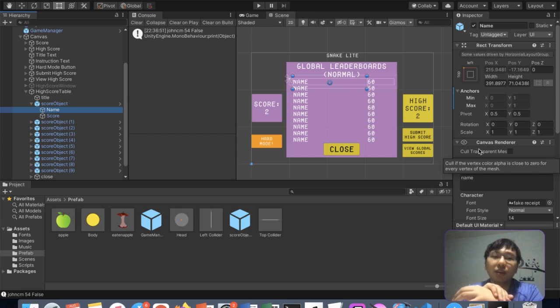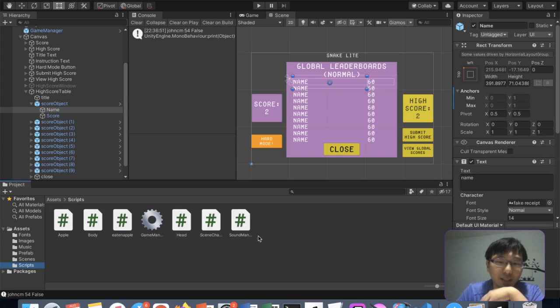That would save a lot of trouble. If not, we need to find child, access child name, access child score individually one by one, which I think is fine actually. If you ask me, I think it's probably fine as well. But I think if we have a script that